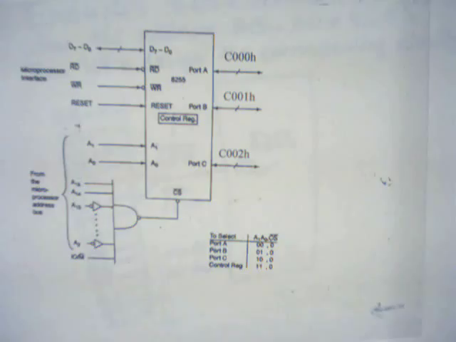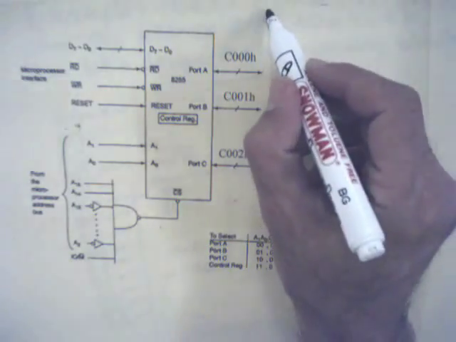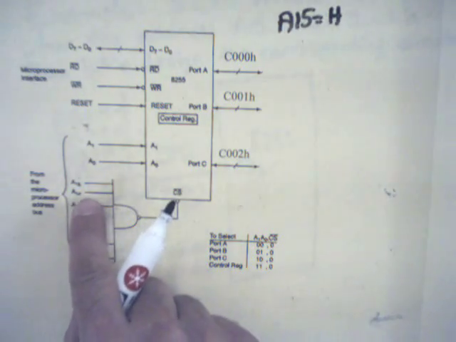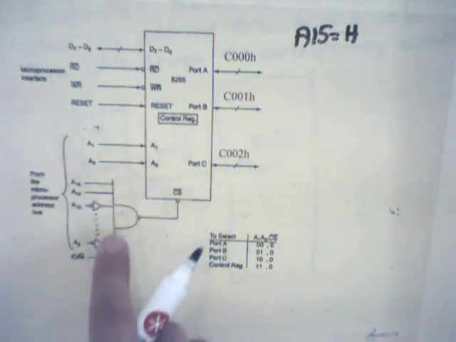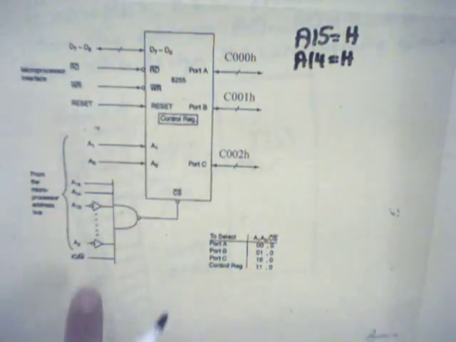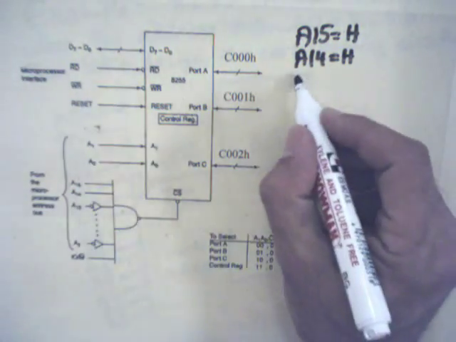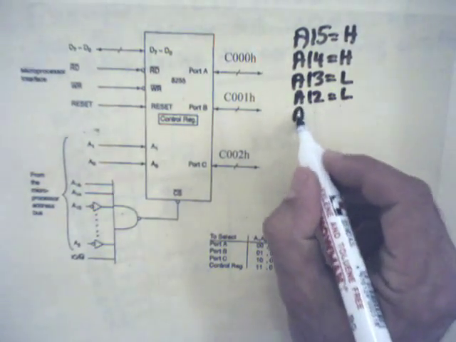Let's come back to our slide example. Here the address lines A15 to A14, A15 is directly connected to the circuitry, so the chip is selected when A15 is high. A14 is again directly connected to the multi-input NAND gate, so this chip is selected when A14 is high. From A13 to A2 we see that they are inverted, so A13 low, A12 low,